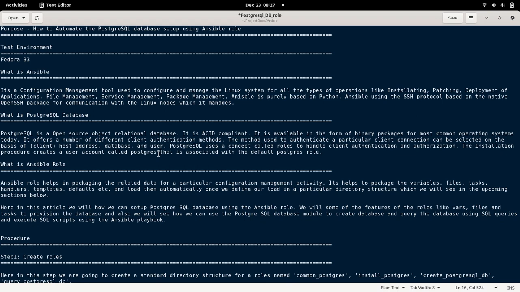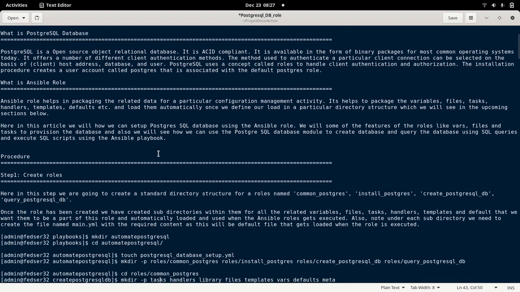And the other one is the Ansible role, which we are concentrating on more in this video. Ansible role helps us to package all the tasks, variables, templates, and files related to a particular service configuration into a role. That is the main purpose of a role. A role helps us to package everything related to a particular service configuration into a particular folder structure, which can be reutilized in another playbook if required.